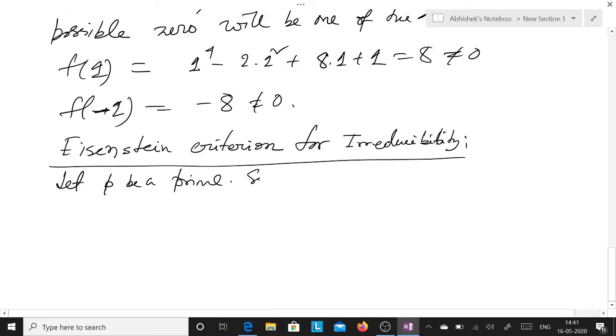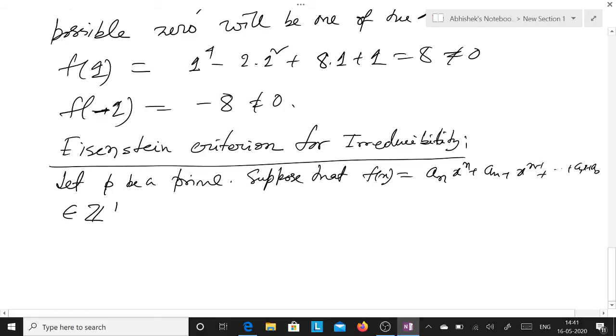So suppose that f(x) is the polynomial a_n x^n + a_{n-1} x^{n-1} + ... + a_1 x + a_0, so the coefficients are integers,